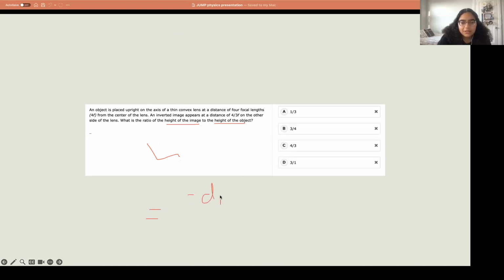the magnification, so we know it's going to be negative di over do, and the f will end up canceling out because we have both of them in terms of f. So your distance of the image is 4/3 f, and it's also on the other side, so this is going to be your negative 4/3, and then your distance of the object is going to be a positive 4f. So the negative from the image cancels out with the negative in the equation. So you're basically going to have 4/3 divided by 4, and from there you'll get 1/3 as the ratio